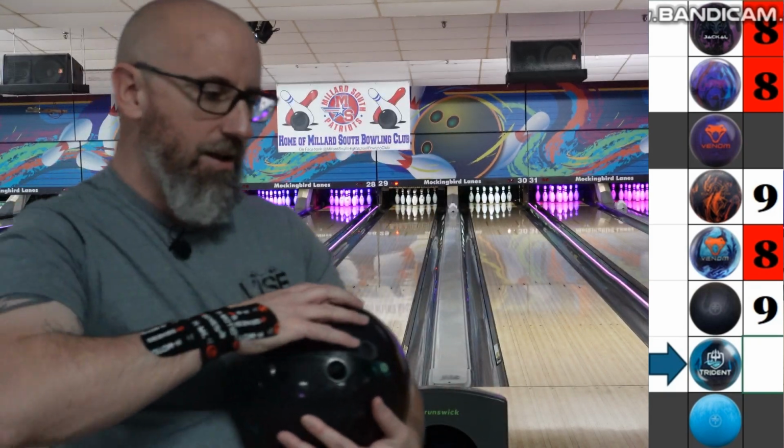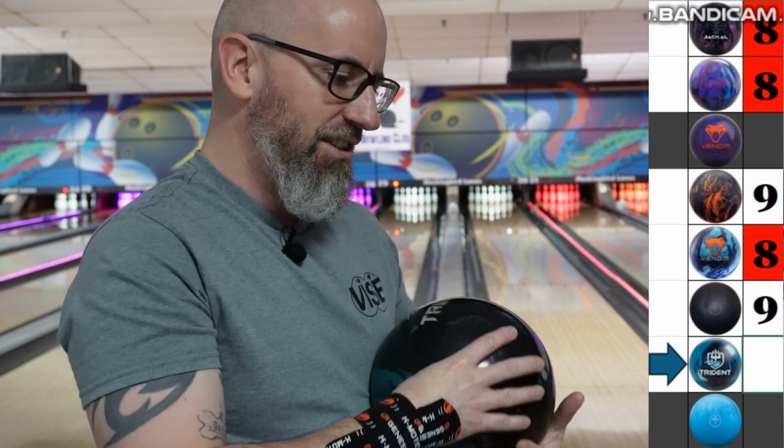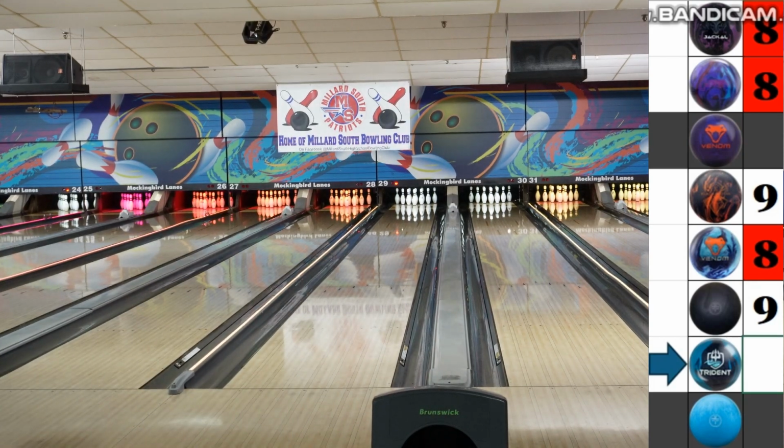So right now, nobody has struck this round. The Ghost and the effect and the coral all have 8. So 8 to go to roll off, 9 to move on. I'm gonna stay deep now. I know this, I wouldn't normally play this deep yet with this ball, but